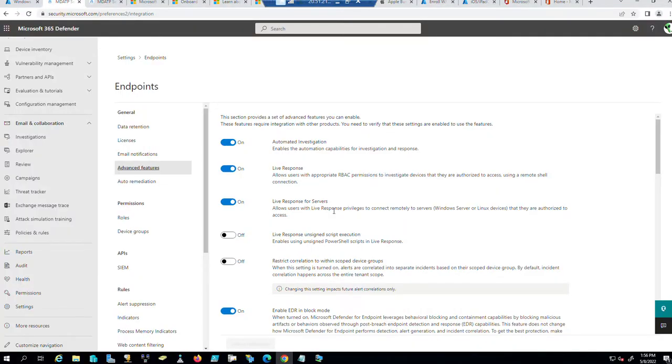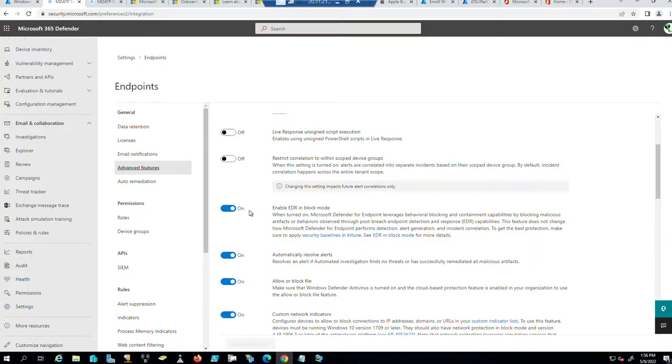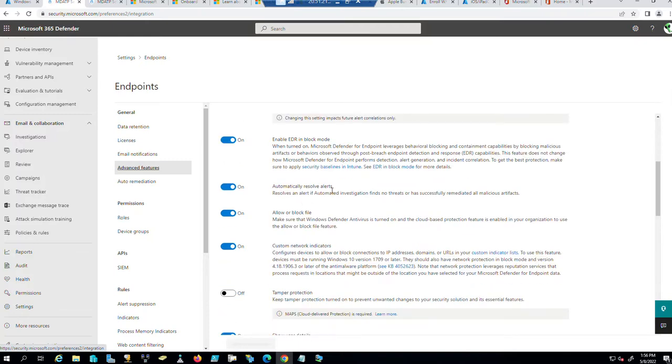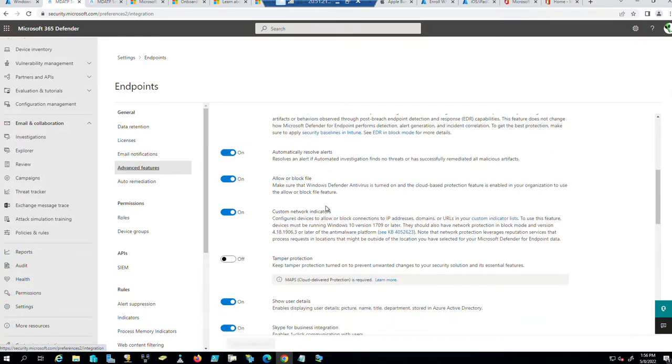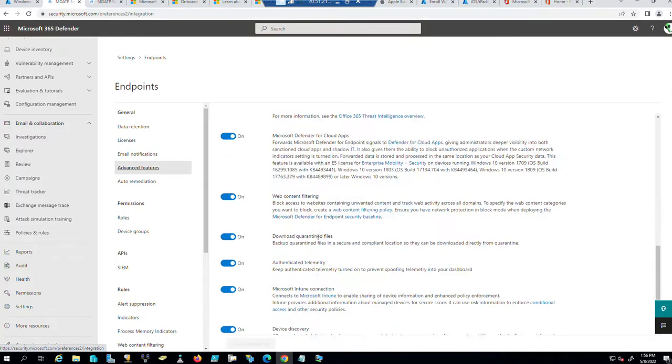Live response for servers. I have pretty much everything enabled. This is important. Enable EDR in block mode. So you want to first check with your security team what you have in the security baseline in Intune, and check if the EDR is blocked or not. Recommended to be blocked. Automatically resolve alert. So the one I am focused on and the one I wanted to show you is with